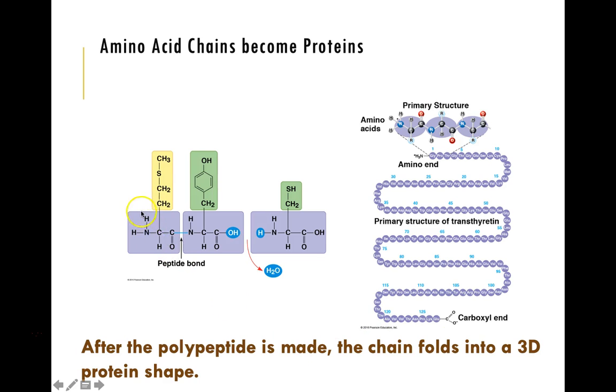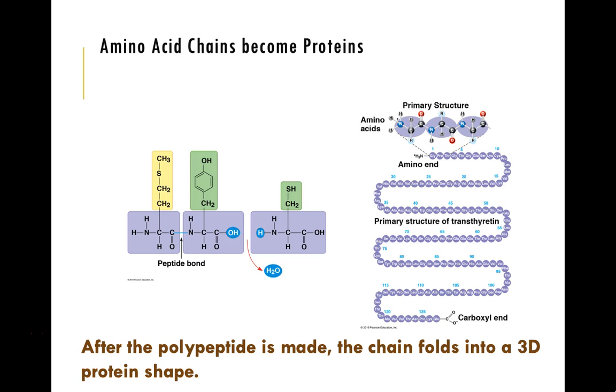One end is called the N terminus, that's the end with the free nitrogen. The other is called the C terminus, the end with the free carbon molecule. And when you add an amino acid to the carbon end of a molecule and you link it with the nitrogen end of the molecule, you produce a peptide bond. So our amino acids are the monomers linked by a peptide bond. And remember, this is done by a dehydration reaction where we produce a water molecule that is released from the